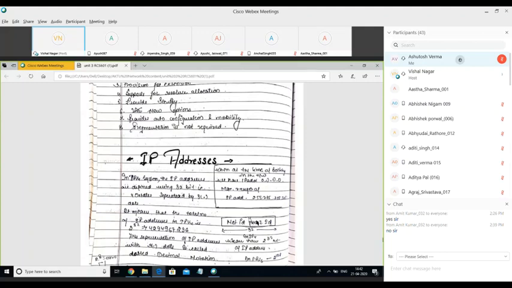So this entire IP address of 32-bit is represented with the help of dotted decimal notation. Dotted decimal means A dot B dot C dot D. So there are 4 octets separated by 3 dots. All these A, B, C, and D have different values, and the value of A, B, C, and D can vary from 0 to 255. Why is it 255?